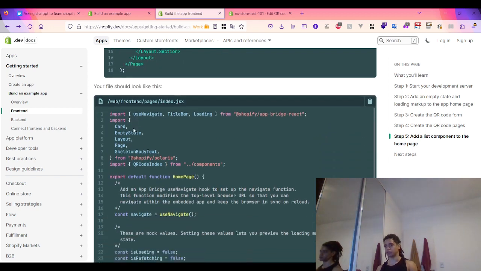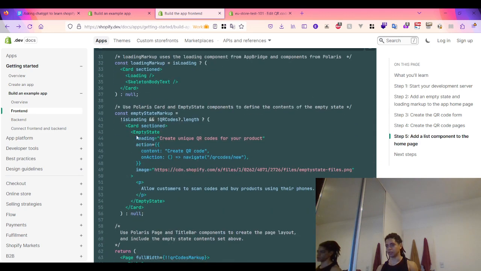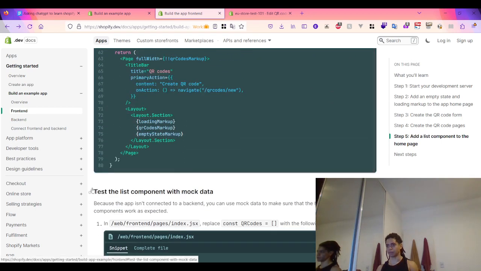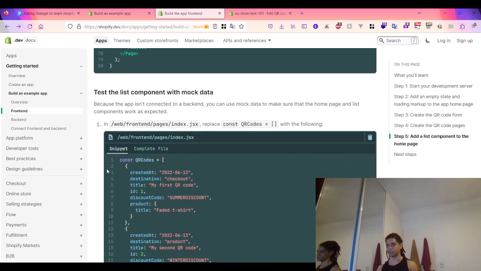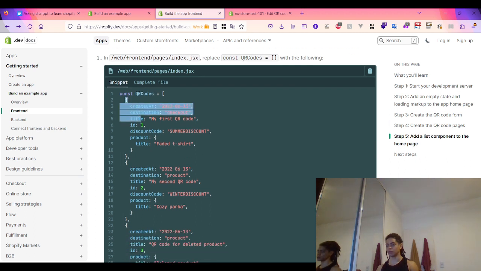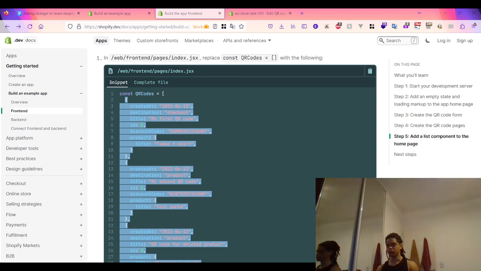Your file should look like this. That's right. Exactly. And then test the list component with mock data. Replace the count with the following. Okay, with mock data, the QR code with mock data,